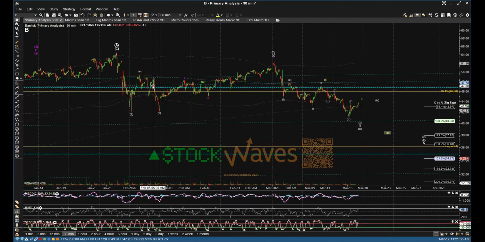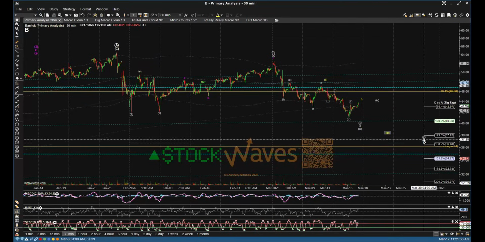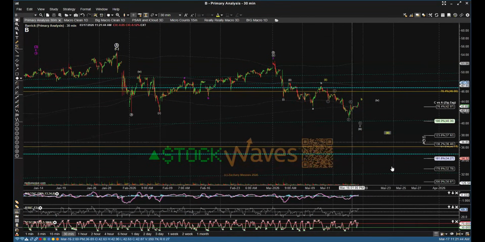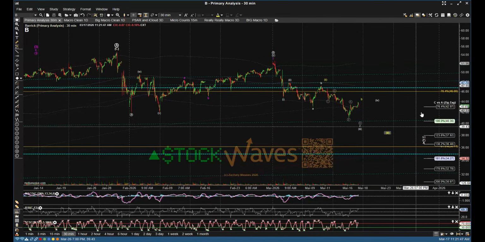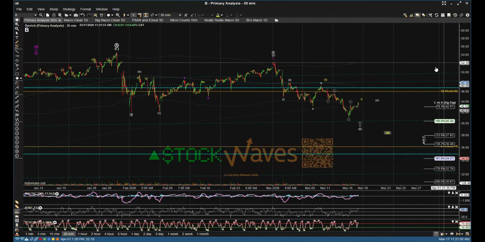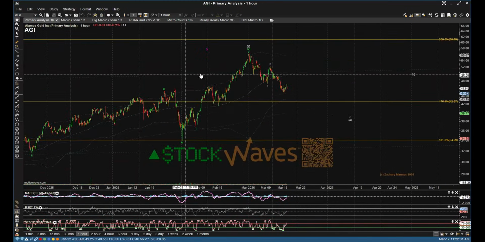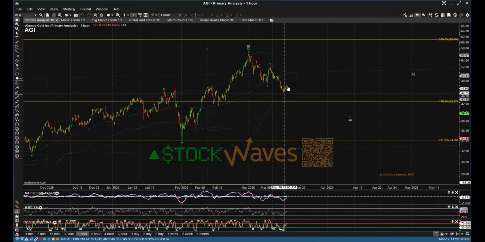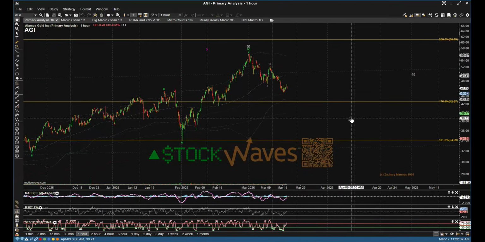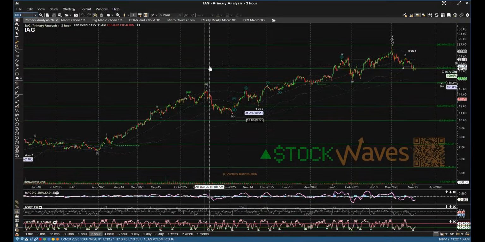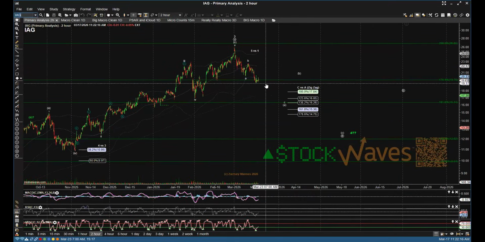Another thing to note is that a lot of these individual miners look like only an A wave inside a larger consolidation, and they're going to need another bounce and then lower. Whereas other names look like they should be heading up, like GDX itself, to make a fifth wave of another high. So some of those other names can be a little bit more short-term bearish, where this might only be working on a wave 1 and a wave 2 inside an ending diagonal for the C wave. AGI, IAG, another one that has that same kind of look,